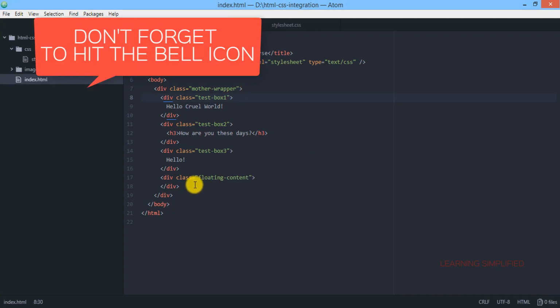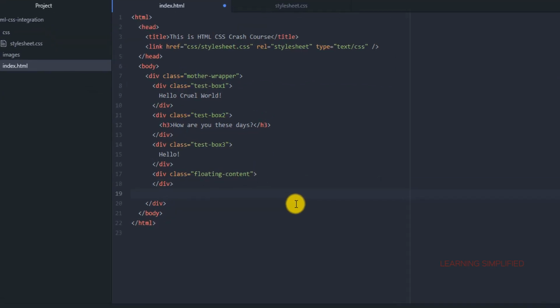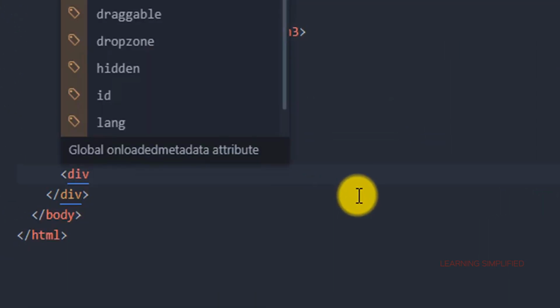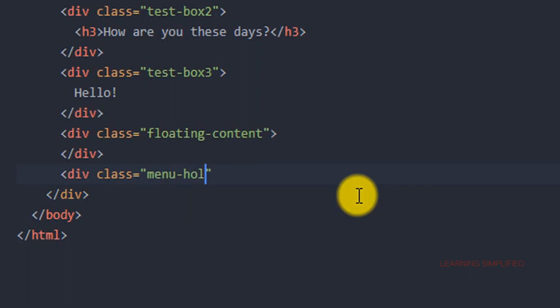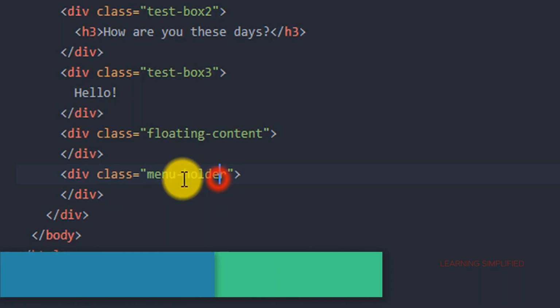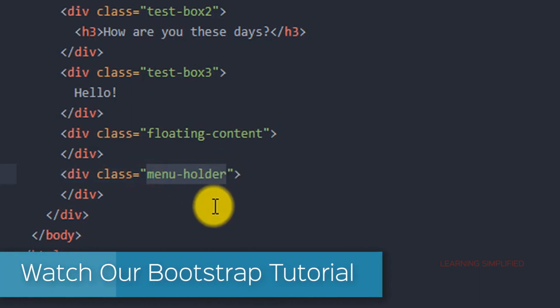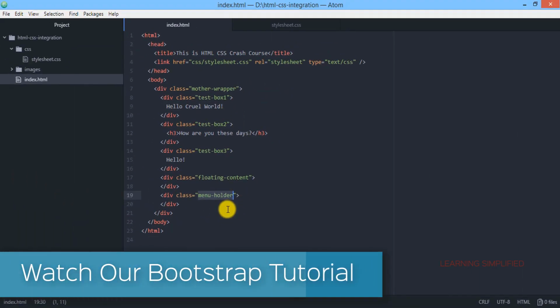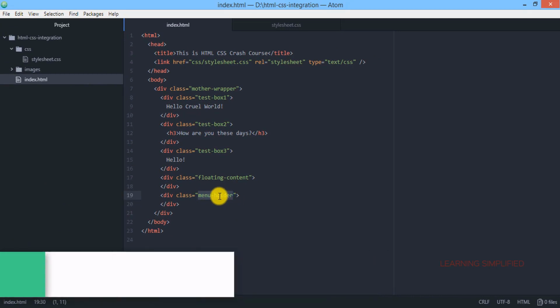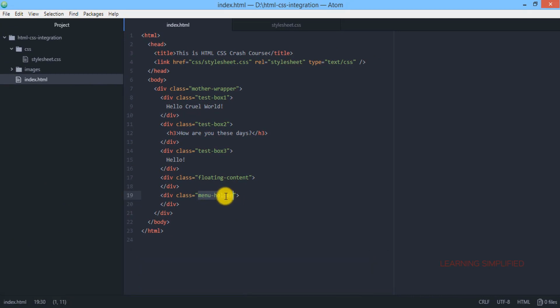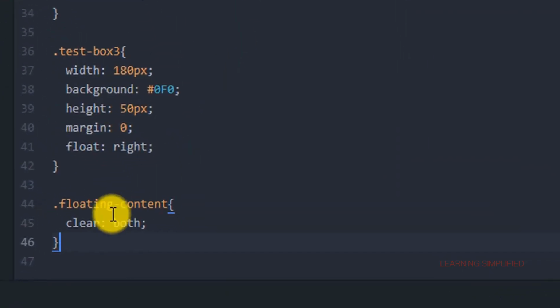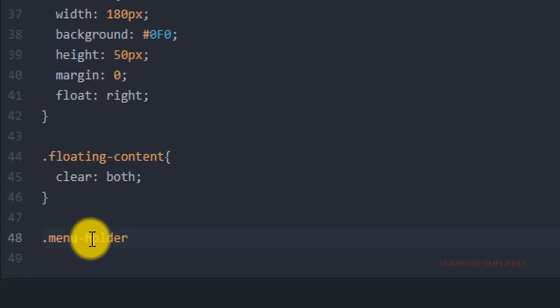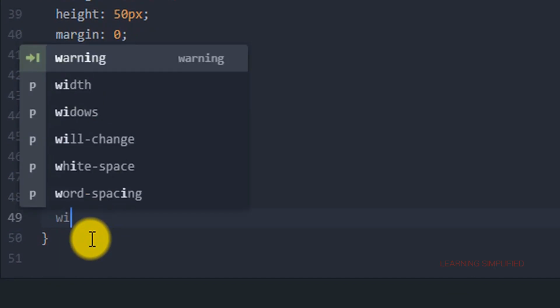Now here we will be creating some list items, and in doing so the very first thing that we are going to do is create another block level element and name it, say, menu holder. This is the selector name that hasn't been created so far. So we are just copying it and creating a new selector with the name of menu holder,